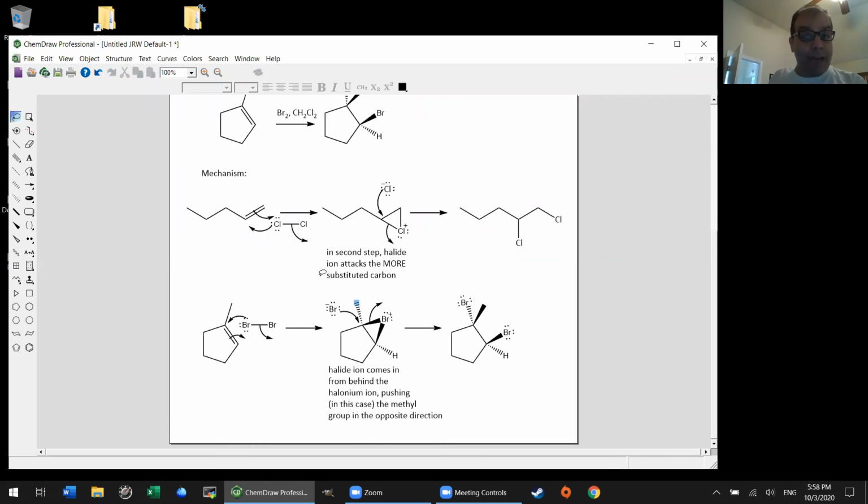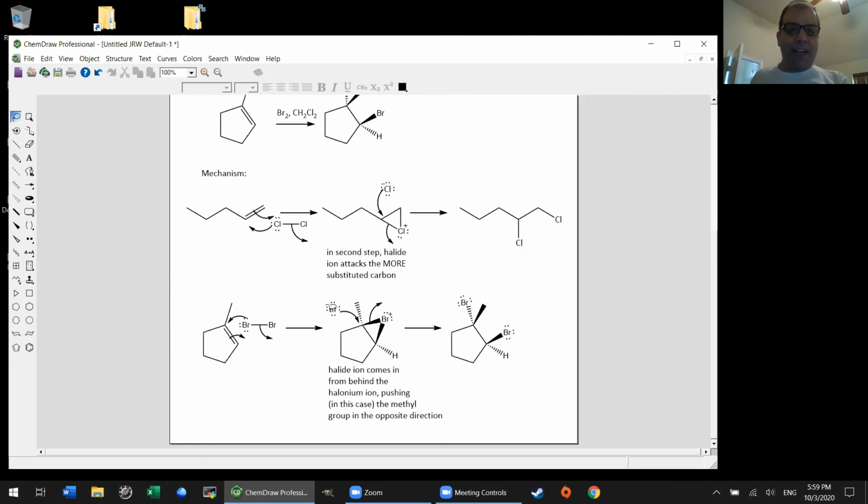At that point, our halide ion again will attack in the more substituted position. Again, there's no regiochemical consequence of that here, since both of those carbons wind up being attached to bromine. But for the record, that is what happens. Like I said, when we cover halohydrin formation on Wednesday, then you'll see it actually matters. That same principle, in other words. But when this happens,